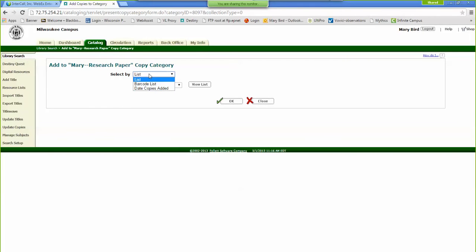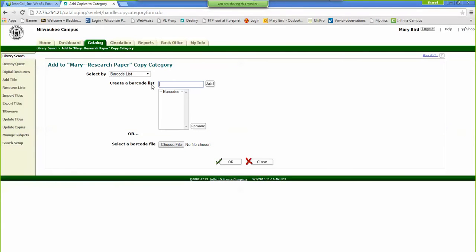So I can add it by list. You can either do it by barcode list. So if you have a list of barcodes and you just want to pop the barcodes in one by one and do a data entry dump, you can. Or